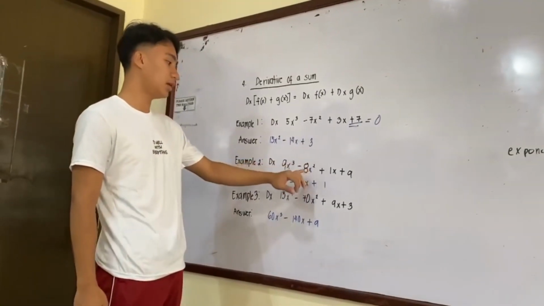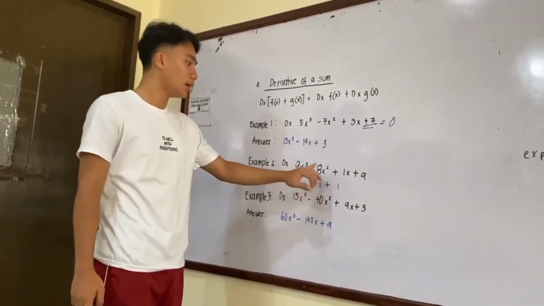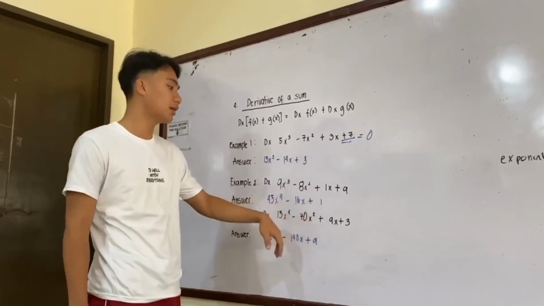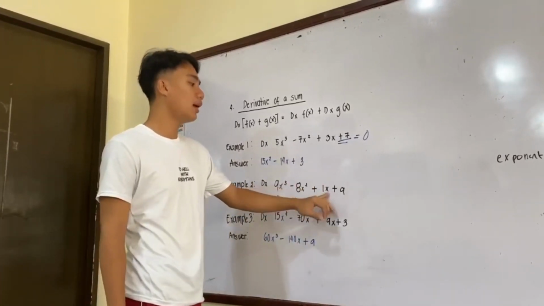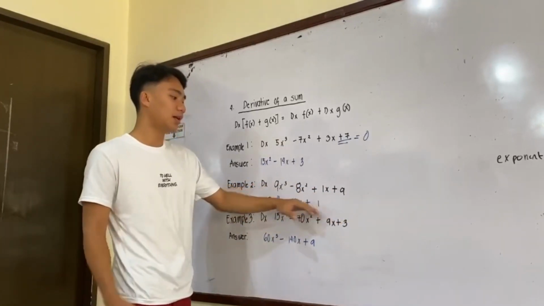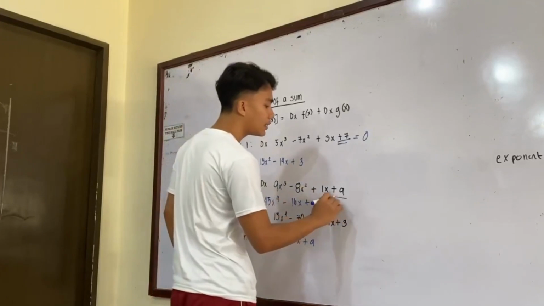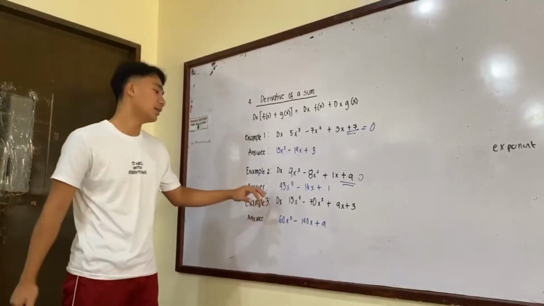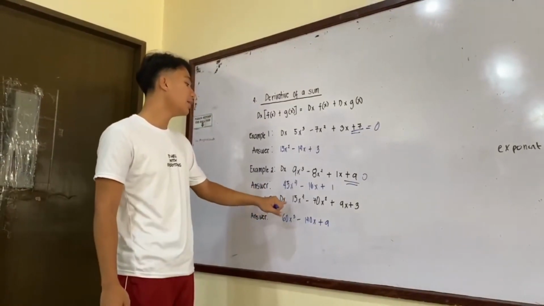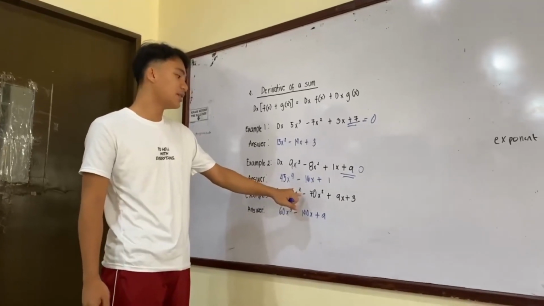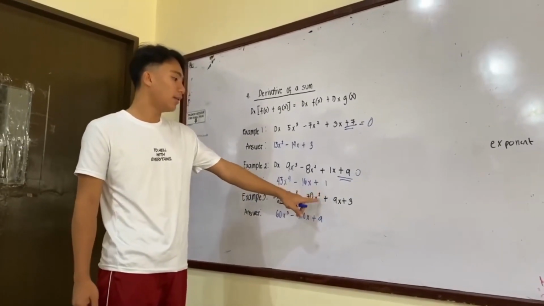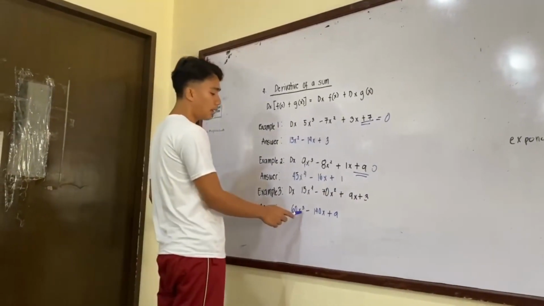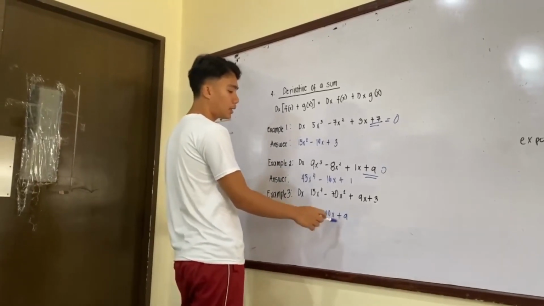8 multiplied to exponent equals 16x. Kaya po siya wala ng exponent kasi po hindi na po siya magiging visible once na 1 na ang exponent. Next is plus 1x plus 9. Ang magiging sagot po natin is plus 1 kasi ang constant po ng plus 9 is equals to 0. For example, number 3 naman po, ang last is derivative of 15x raised to 4 minus 70x raised to 2 plus 9x plus 3. Ang answer po natin dyan is 60x raised to 3 minus 140x plus 9.